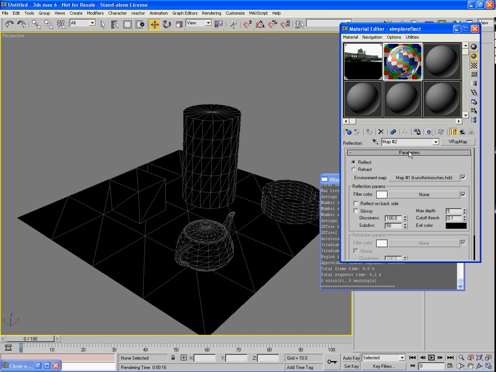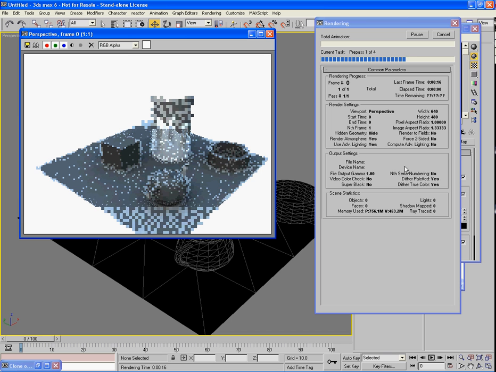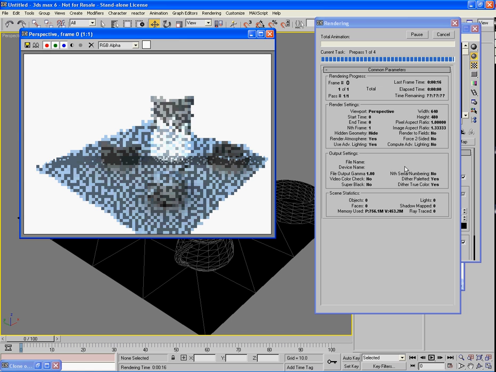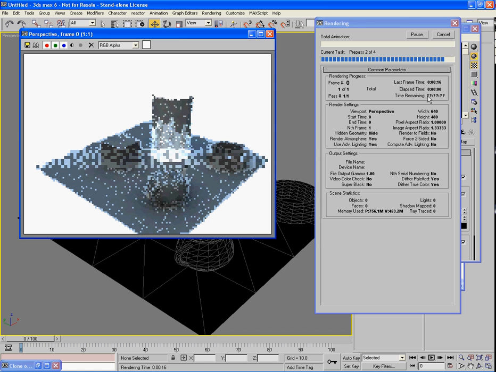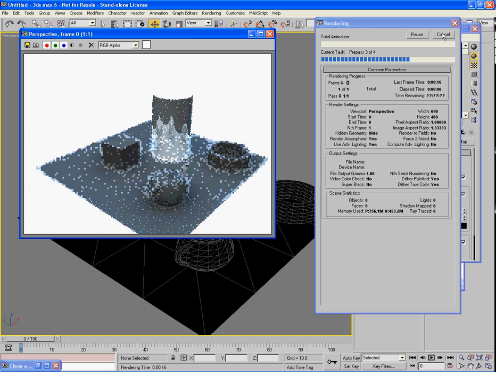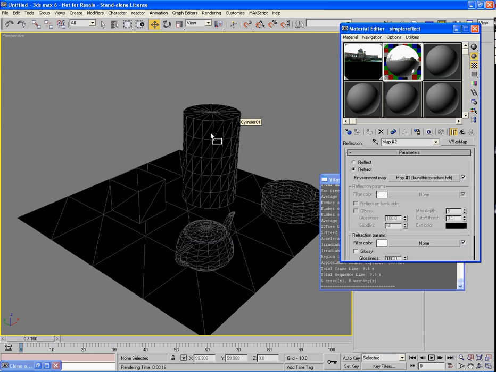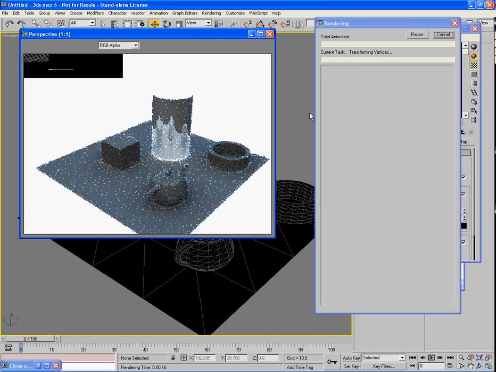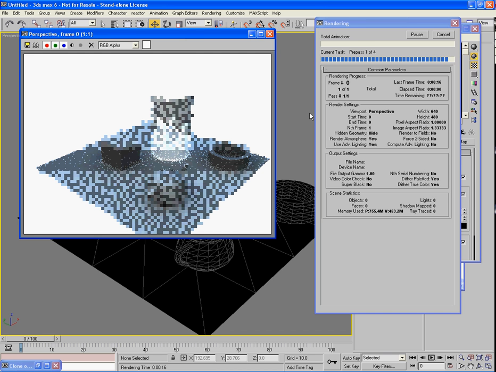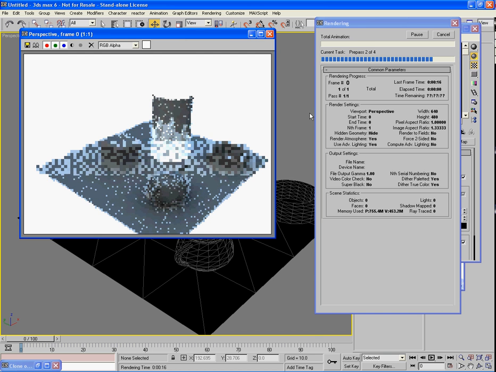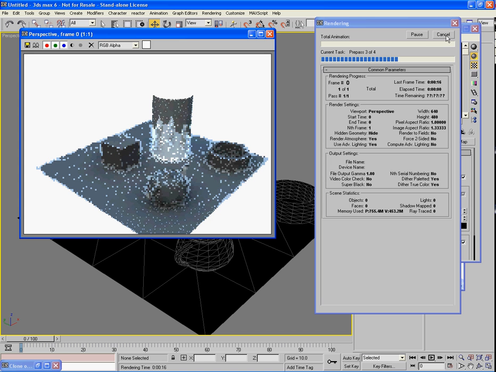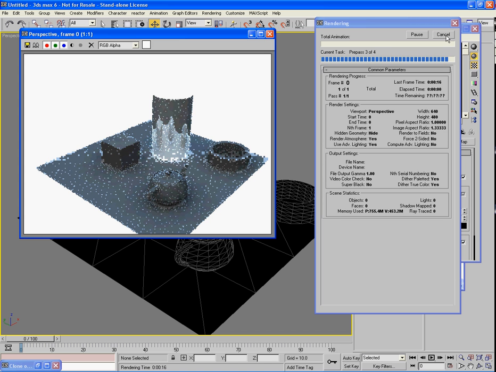Now, we've also got the ability to refract, so we could see through it. So, if I do this, can't remember if I actually applied the map or not. Actually, we'll soon see. I don't think I did. Hang on. So we've got the ability to reflect and refract, and on top of that we've got the ability to build some complicated looking shaders. So anyway, I'll just let this get on with what it was doing,